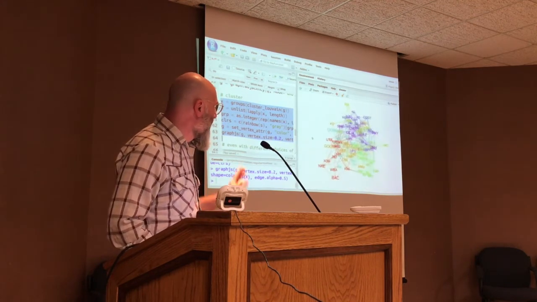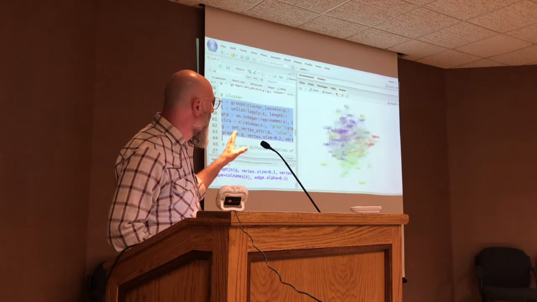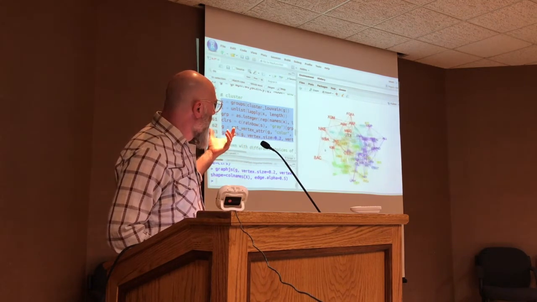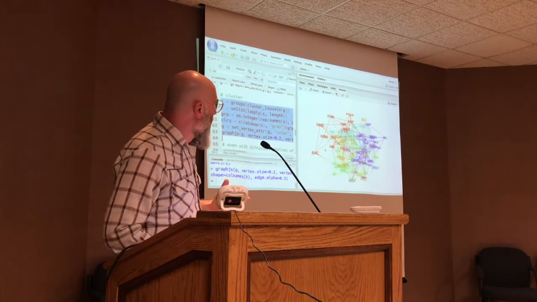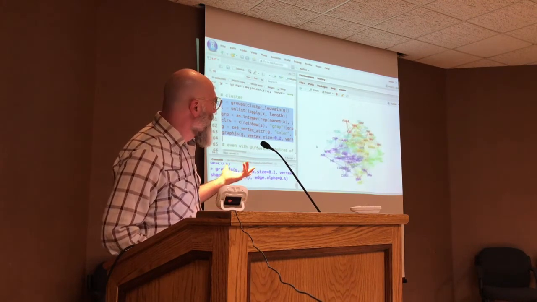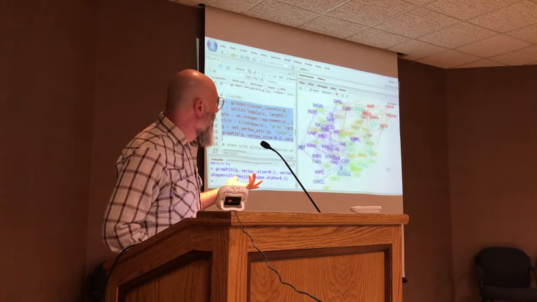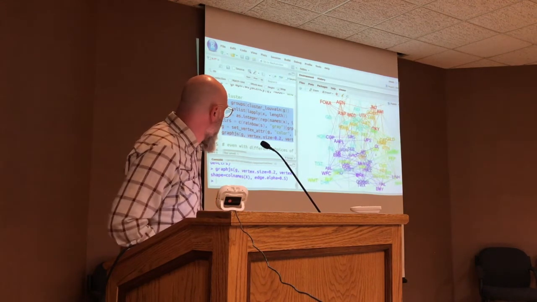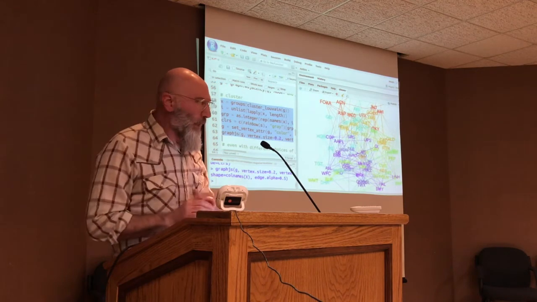It doesn't look very useful, right? So these are our 96 stocks. And the colors are the clusters that iGraph tried to determine, but nothing makes much sense here. It's just a big hairball of stuff. It basically is like what we started with. It's not that interesting. And the reason for that is